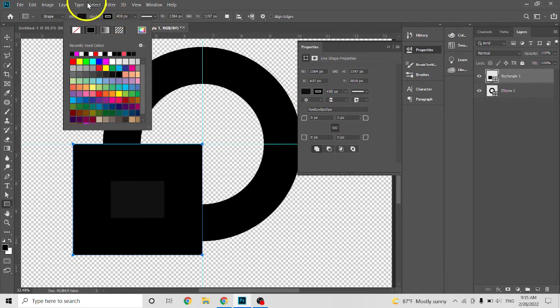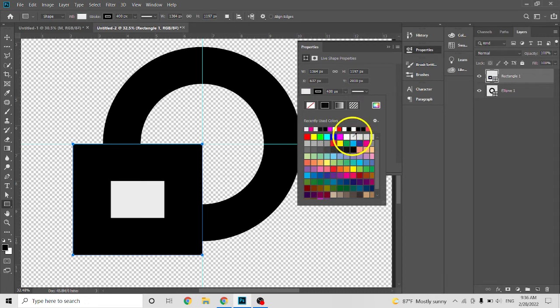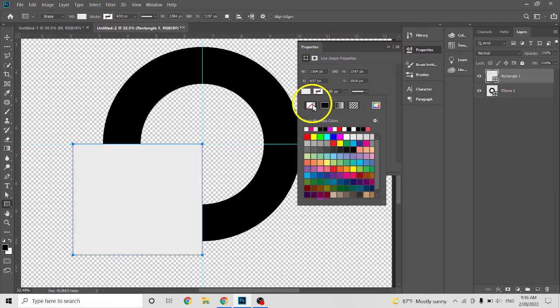No stroke, sorry. Okay, black. This is white. This is what I want to be white, yeah, white. And this one is, unclick it and then